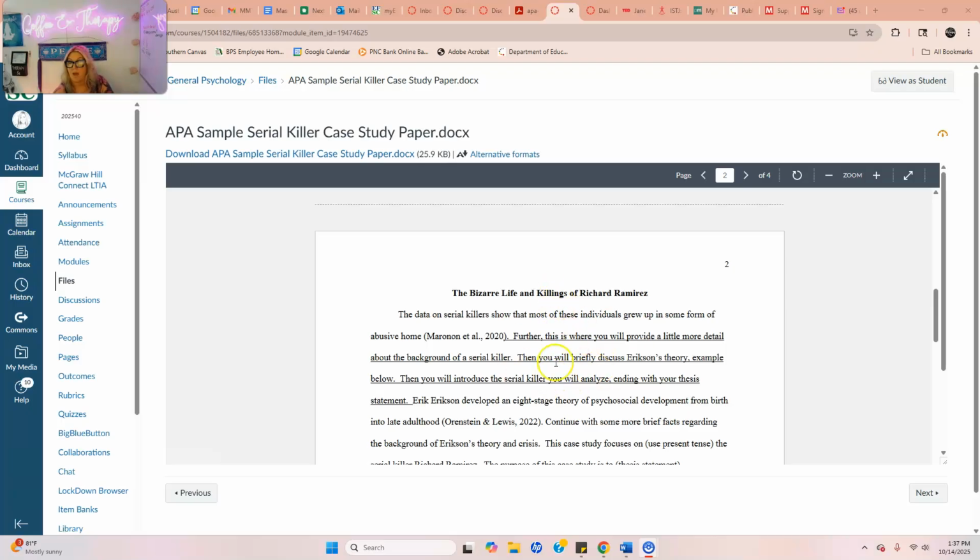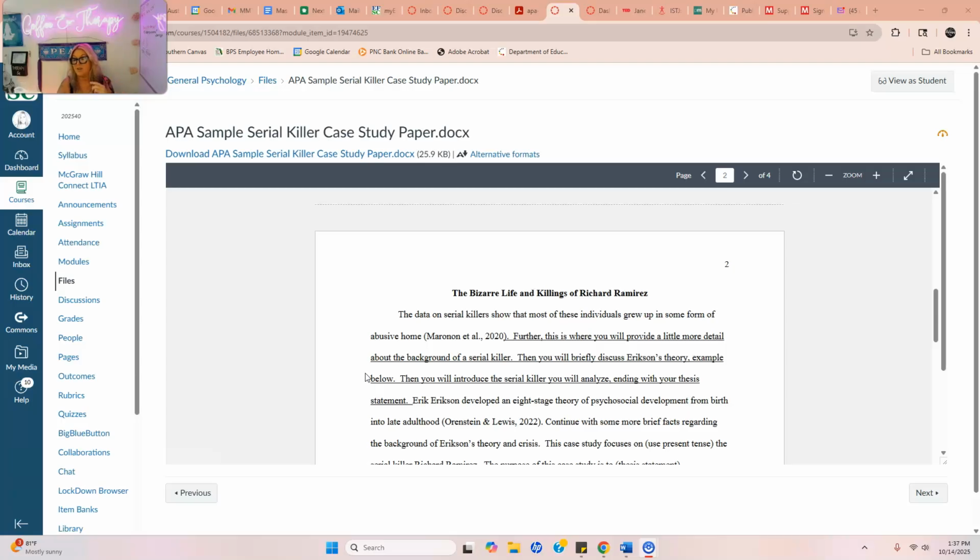Normally, if you're going to use this as a template, take this out. You're not underlining this. So what I said is further, now this is where I'm giving you direction. Further, this is where you will provide a little more detail about the background of a serial killer. Again, you're providing background. That's in your directions. So it says background,